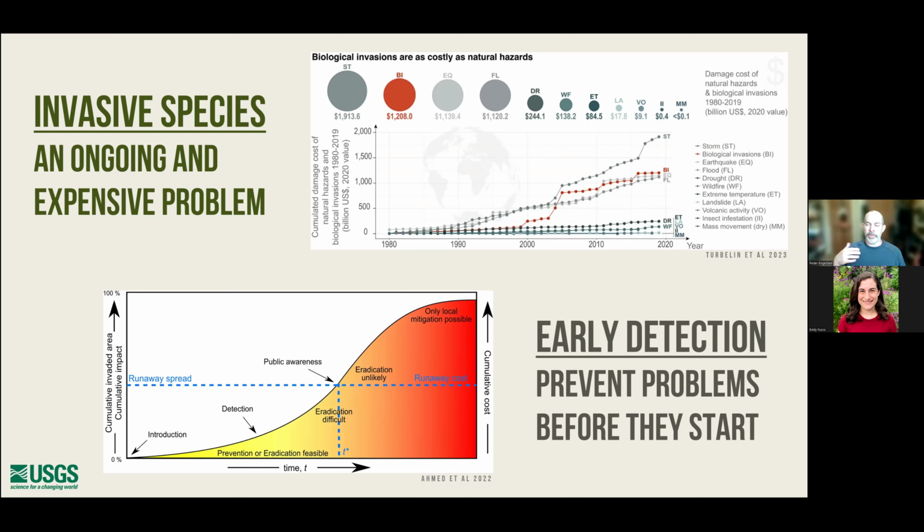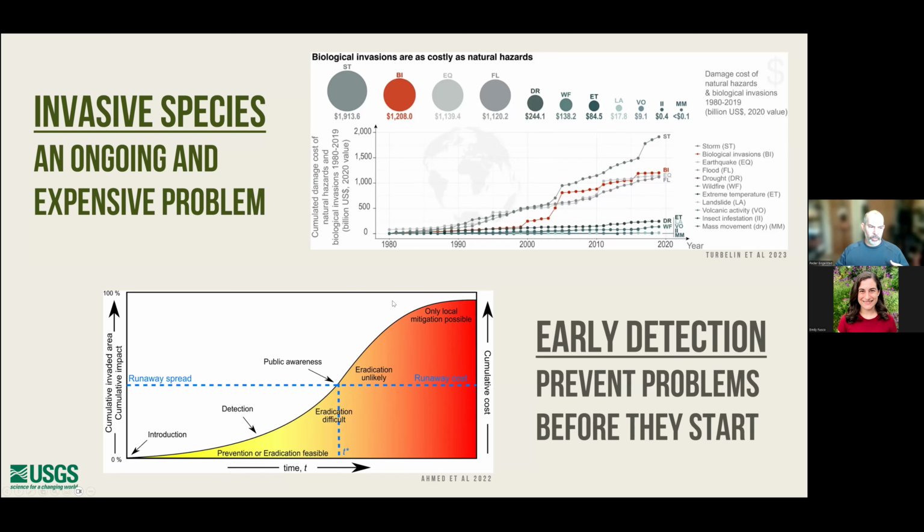And so when we're thinking about how do we address invasive species as a large global or national topic, we're often interested in detecting things before they become a problem. So prevention, detection, really getting in on the early part of the invasion curve on the image at the bottom here, and talking about where can we be effective, where can we control these costs and these impacts before they become a problem.